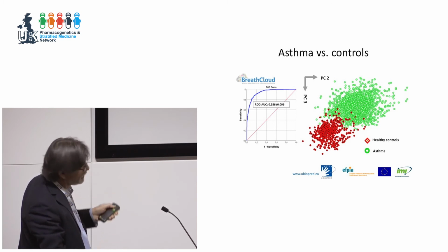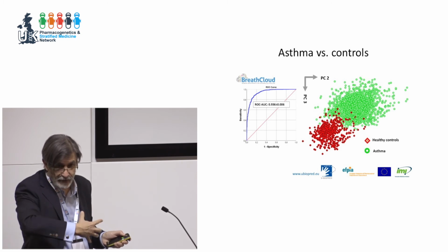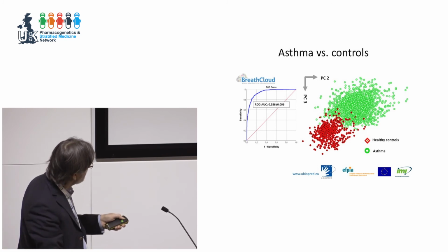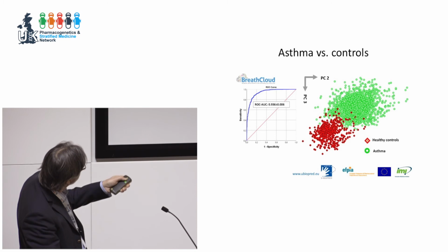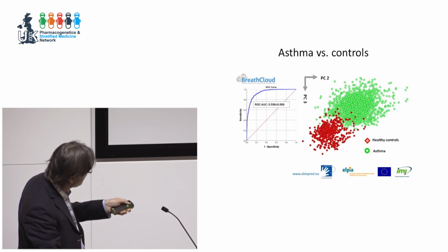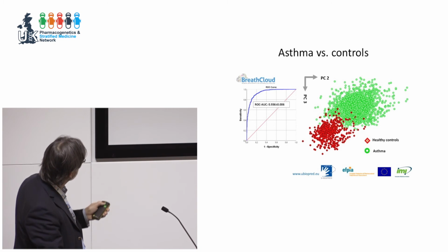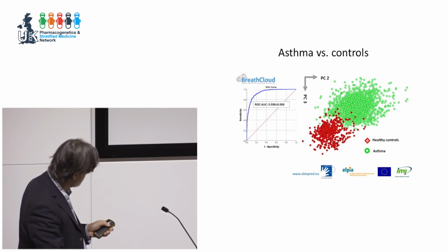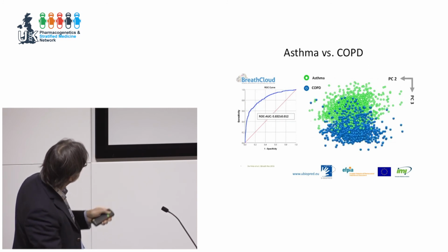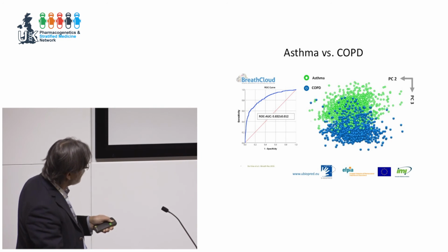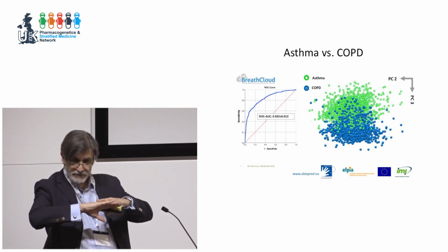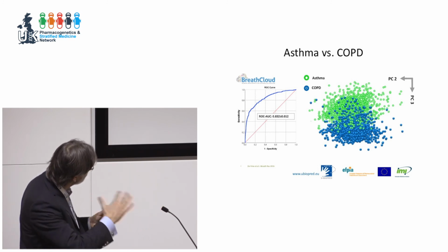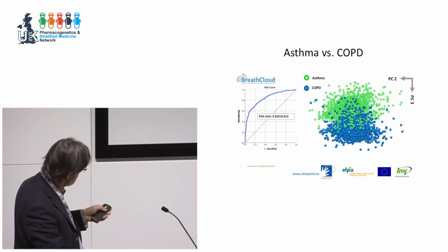So does it differentiate? Can you sniff out an asthmatic from a person with chronic obstructive lung disease, COPD? Yes, you can. Look at asthma versus controls, I beg your pardon. So you can sniff out asthmatics very easily. The ROC curve is really very impressive, 0.9. That's really, really high. Can you differentiate between asthma and COPD? Yes, you can, to a large extent, but we know that there's an overlap, that some people with asthma have features of COPD. So that's why the distinction is not quite so clear, but still, the ROC curve is quite impressive.